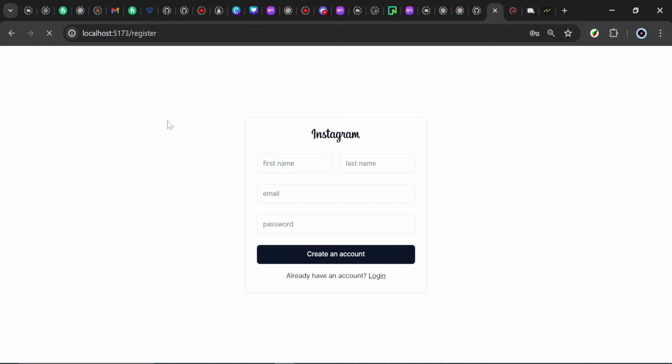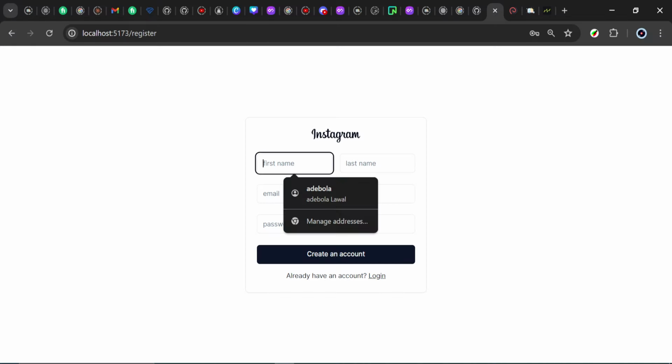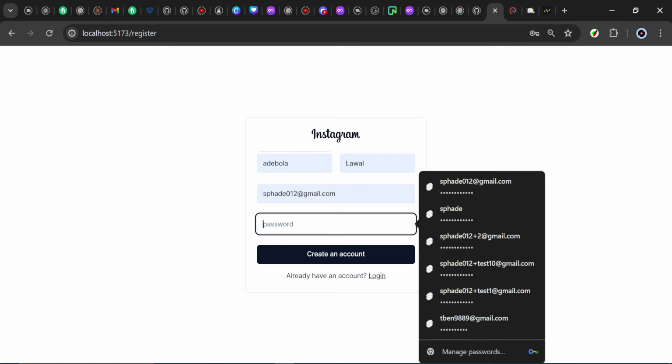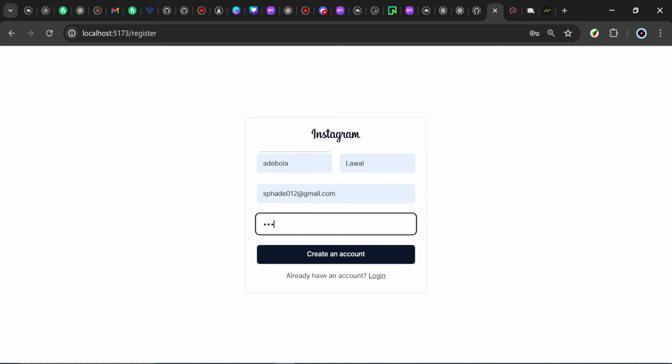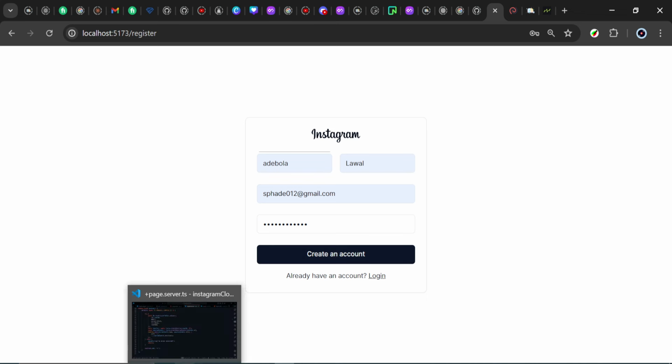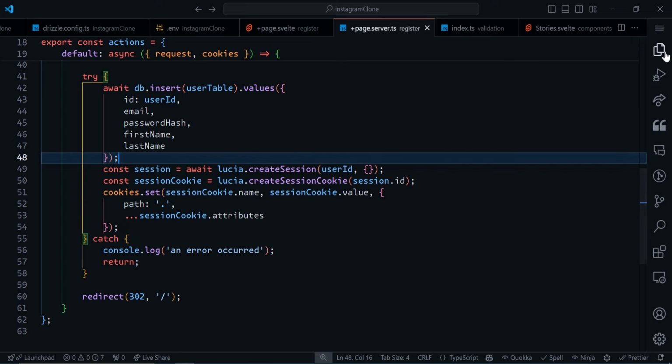Okay, all right. Just fill in these forms, and I'll put in a password. Now click on create an account. Now we clicked on creating the account and we don't actually see a state of maybe it's loading and all that nice stuff that you probably want to see. So we can actually fix that